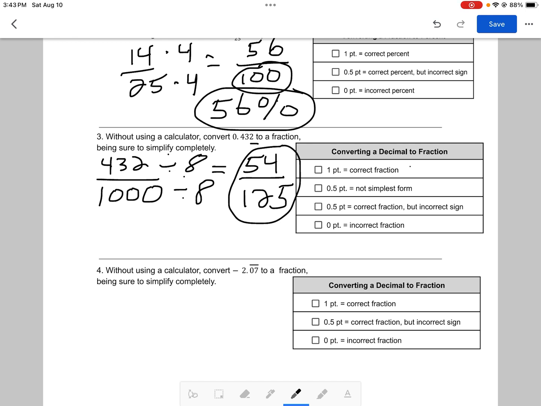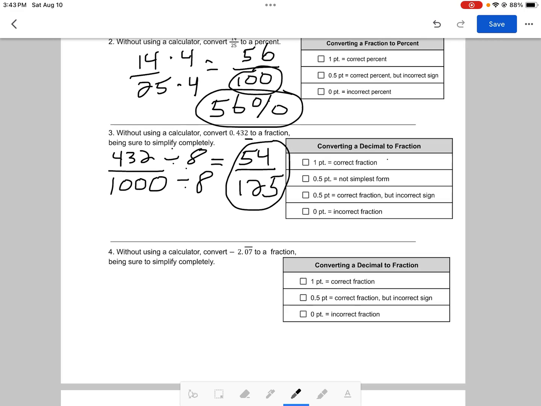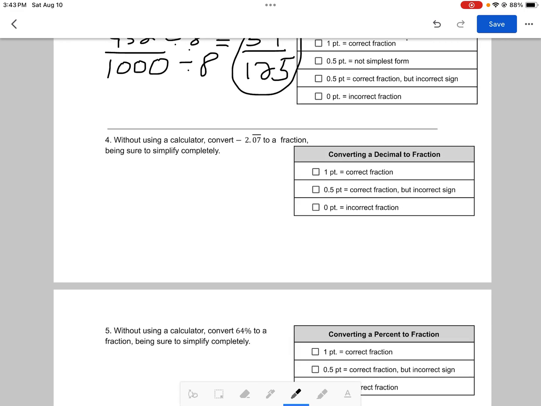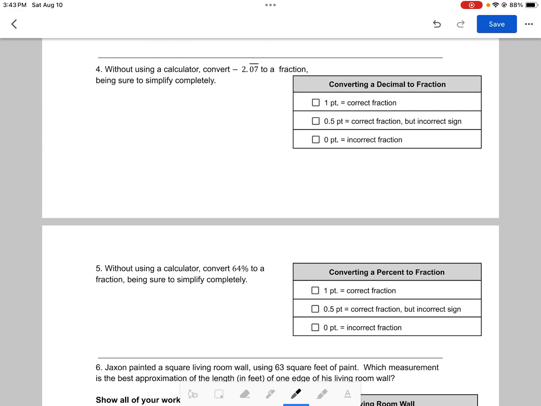Let's go ahead and move down to number 4. It says without using a calculator, convert negative 2.07 repeating to a fraction. Be sure to simplify completely. Okay, so I'm going to pretend like the 2 isn't there for right now. So we're not going to pay attention to the 2. We're just going to look at the